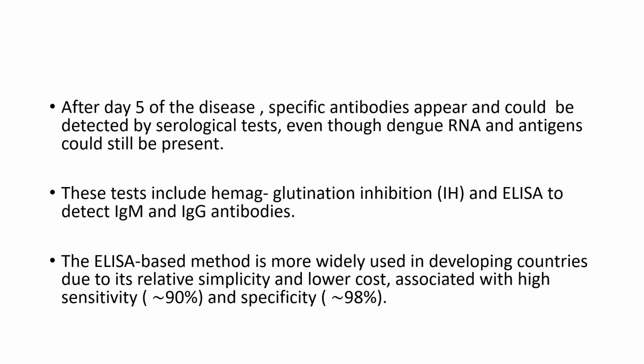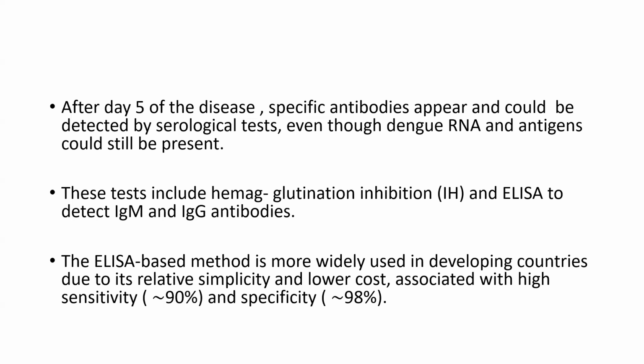After day 5 of disease, specific antibodies appear and could be detected by serological tests, even though dengue RNA and antigen could still be present. These tests include hemagglutination inhibition and ELISA to detect IgM and IgG. ELISA-based methods are widely used in developing countries due to their relative simplicity, lower cost, and association with high sensitivity